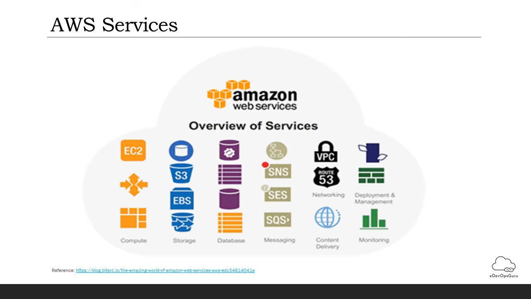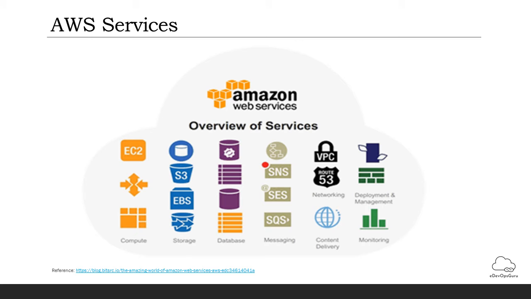Then next service is the EBS, which is the Elastic Block Storage. It is a block storage system used for storing persistent data. Amazon EBS is suitable for EC2 instances by providing highly available block level storage volumes. It has three types of volumes: general purpose SSD, provisioned IOPS SSD, and magnetic tapes. These three volume types differ in performance characteristics and obviously cost.